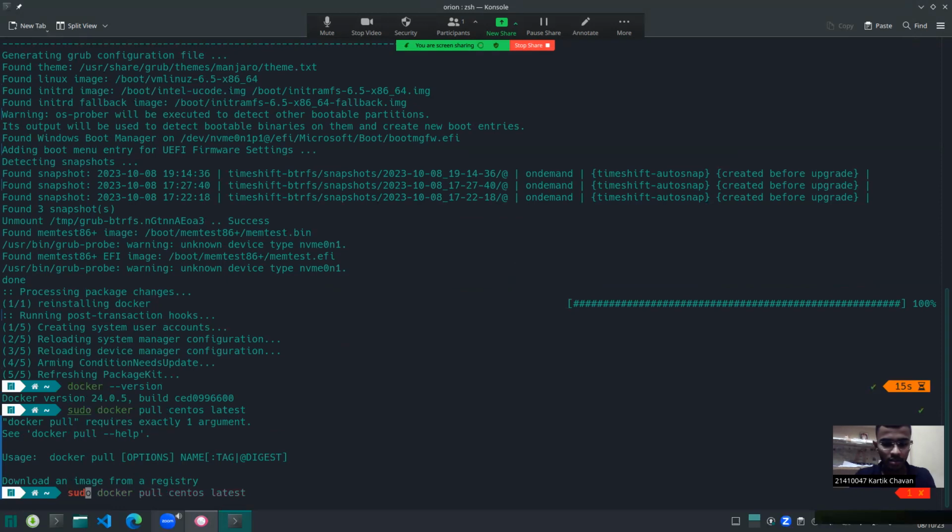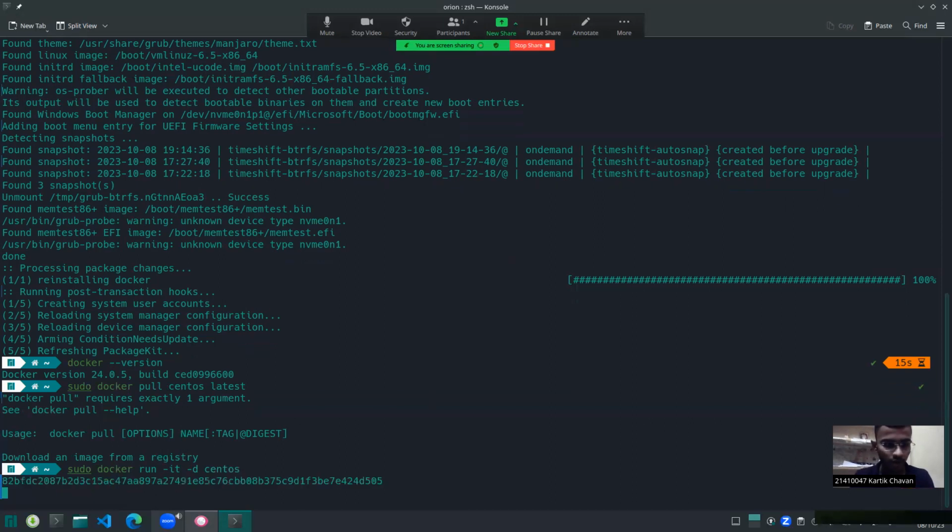Then next is to run: docker run -it -d centos. The -d is for detached mode. This is for running. Yes, it is running. D stands for detached, which will run in the background.